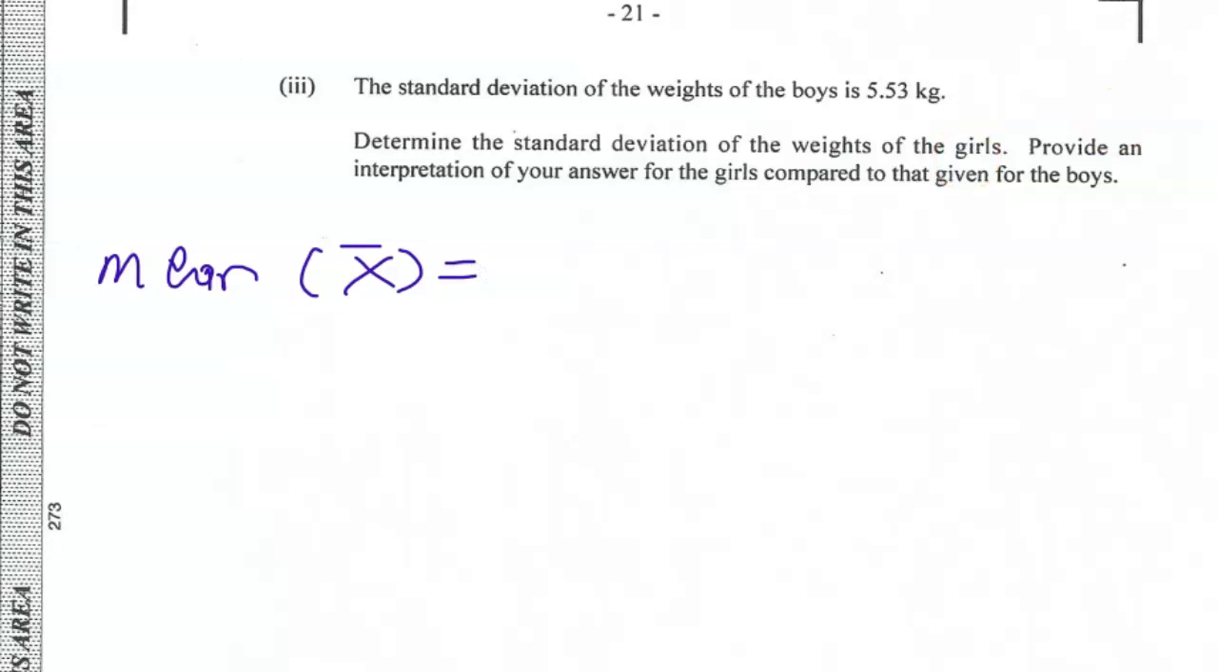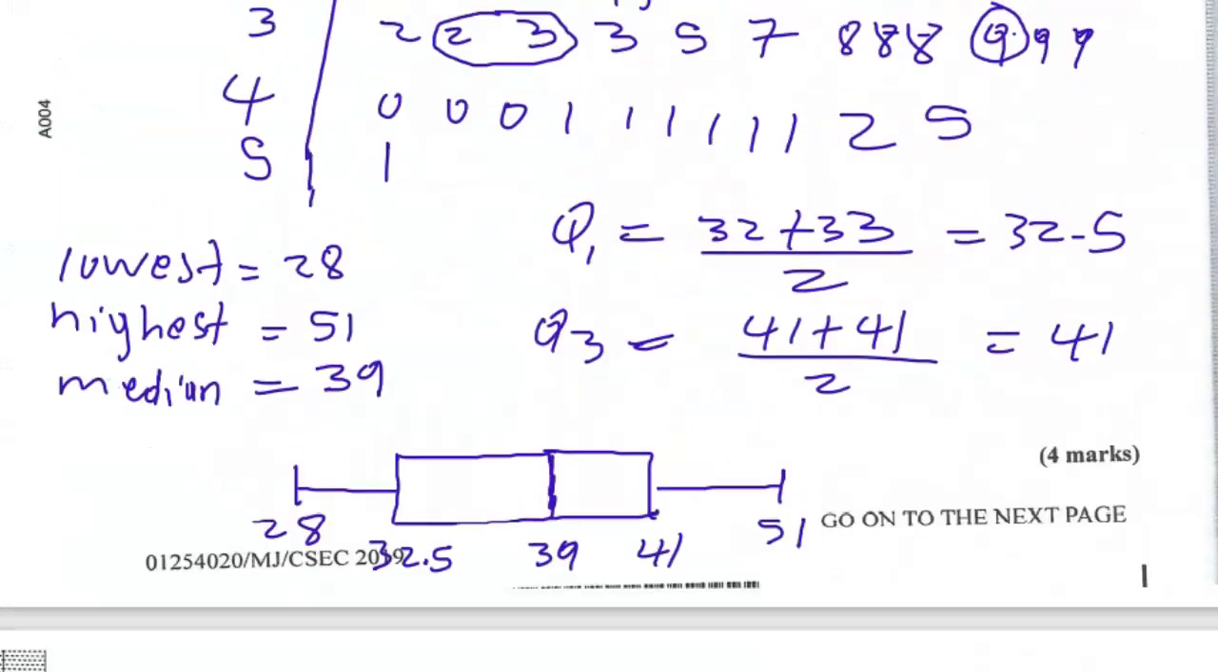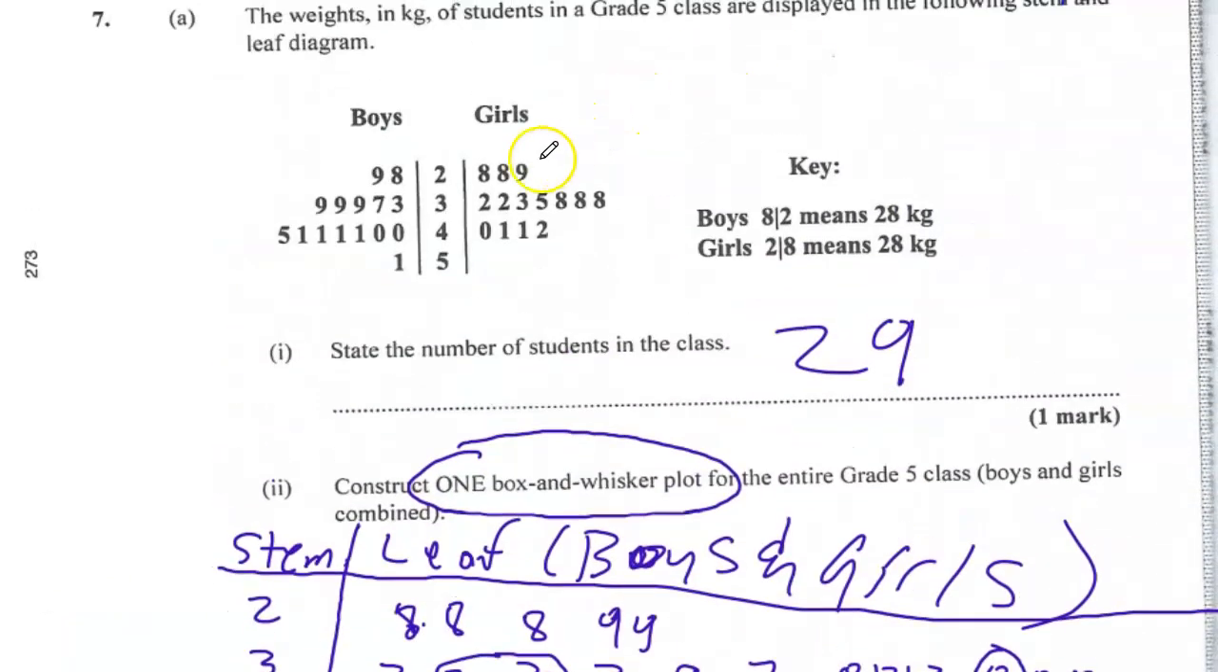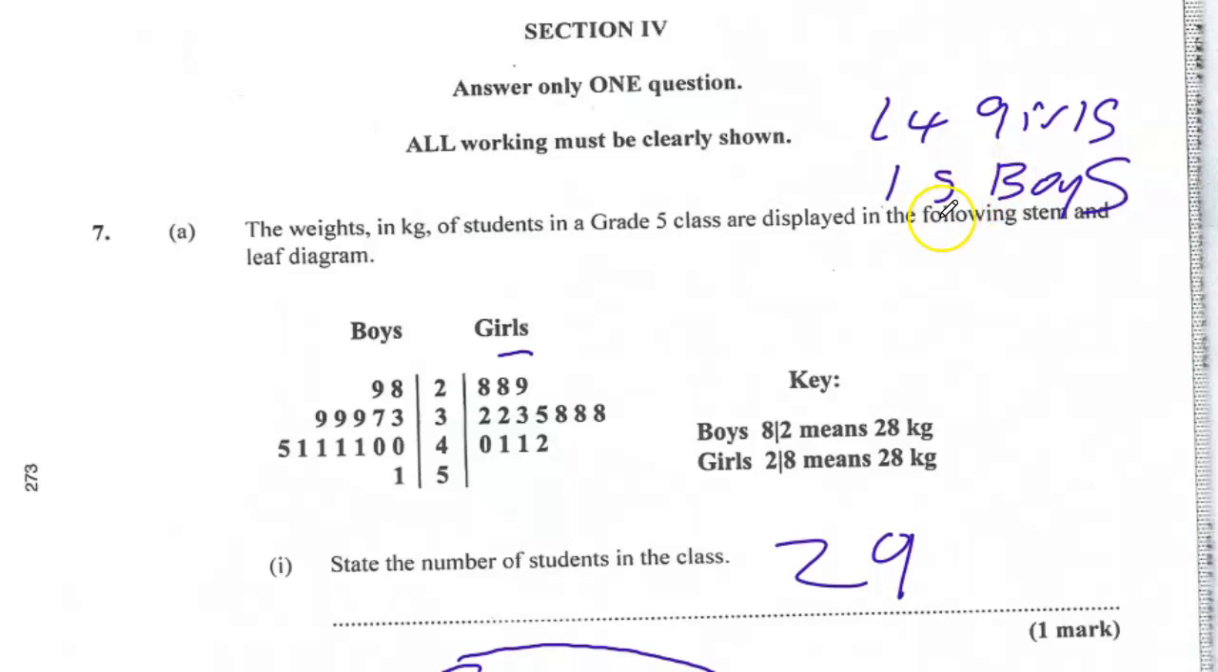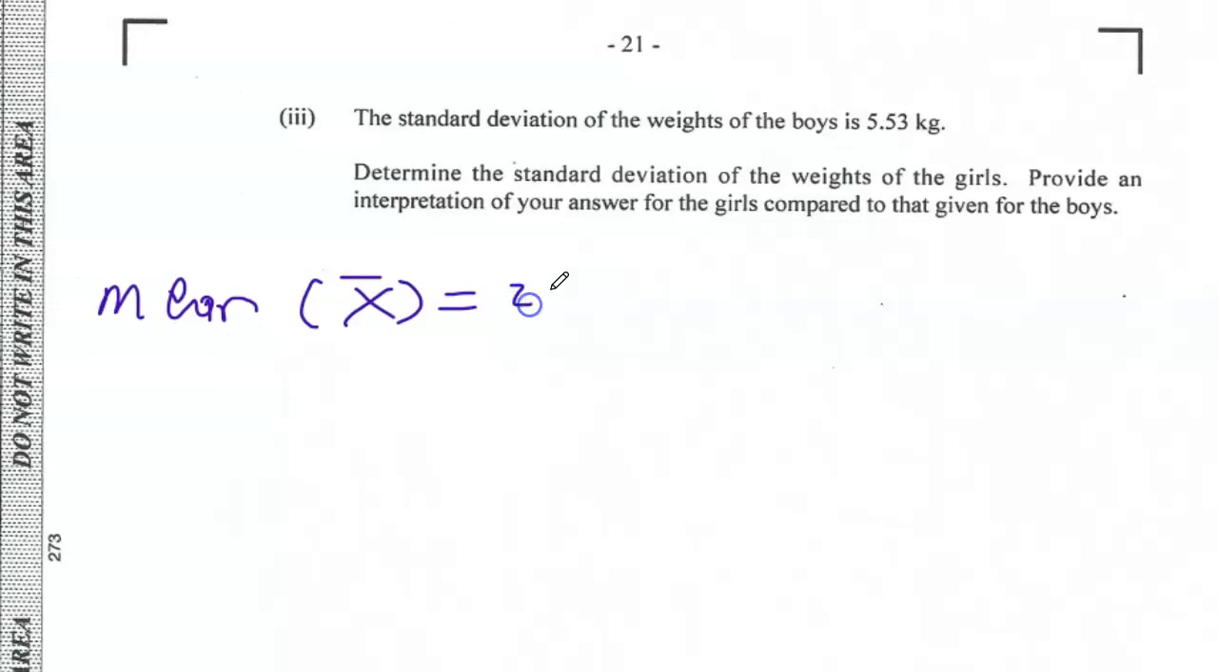Now, let's go back to the numbers for the girls. So for the girls, we're going to add up all of these numbers and divide by how many girls there were. I think there were 14 girls. So we're going to add up all of these numbers and divide by 14. Alright, let's do that. So we have 28 was there twice, so 2 times 28, and then we have a 29,